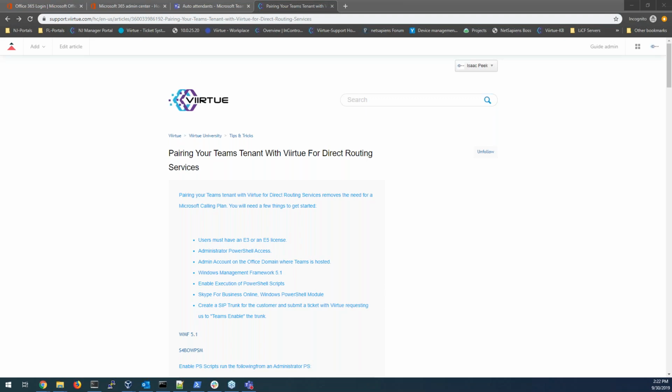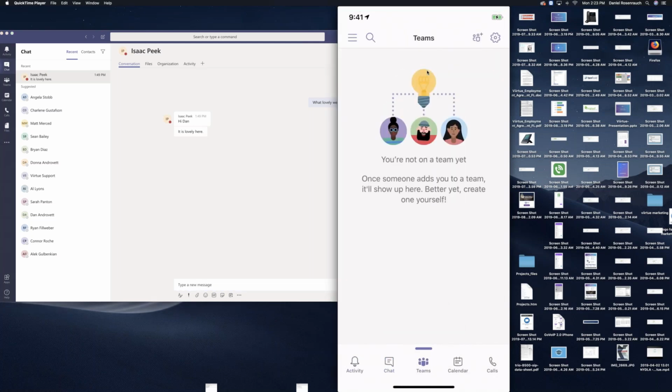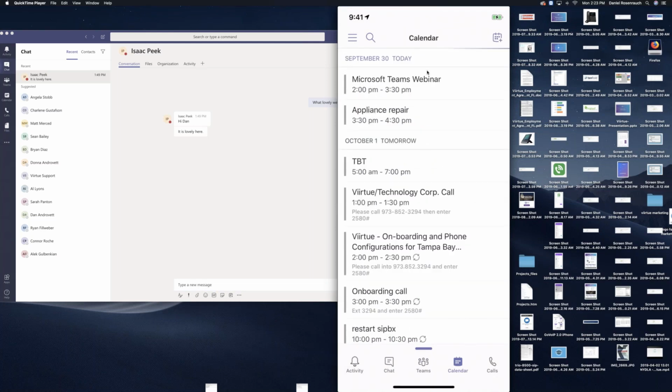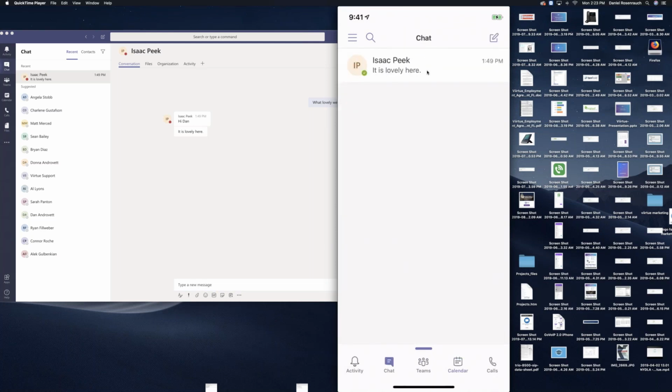Also, the one thing I wanted to show you, and let me just pull back control of this, is the mobile app as well. That's why I have it here. As you can see, it's a really nice piece to Teams, and I do like the app a lot. It's just that full connected app. You get chat, the ability to make calls, everything Isaac just showed you on the actual Teams application that runs on desktop. You can do it similarly on mobile and on the Yealink Teams phones as well, and soon to be Polycom as well. It is a really nice experience for the end users.